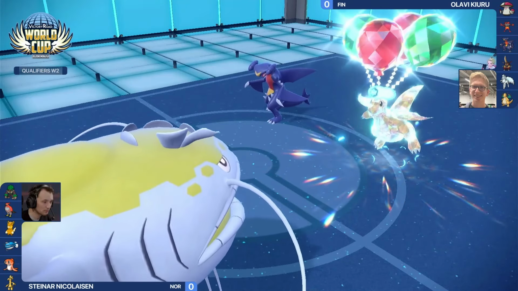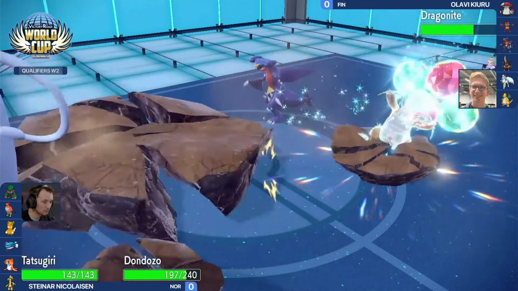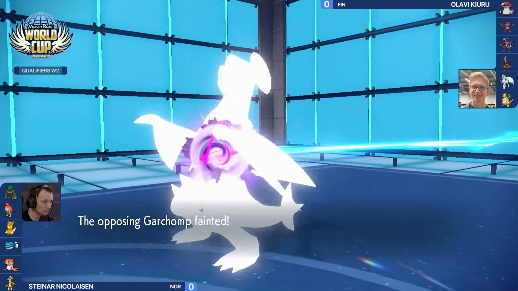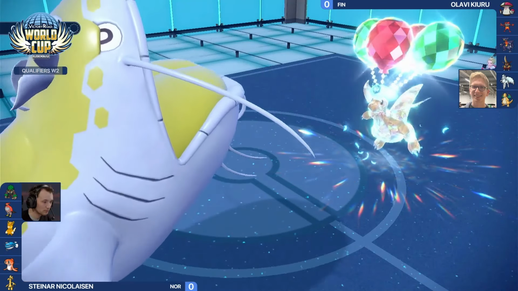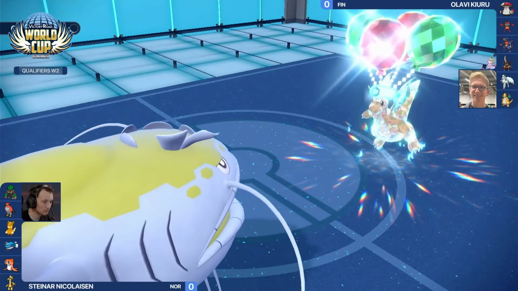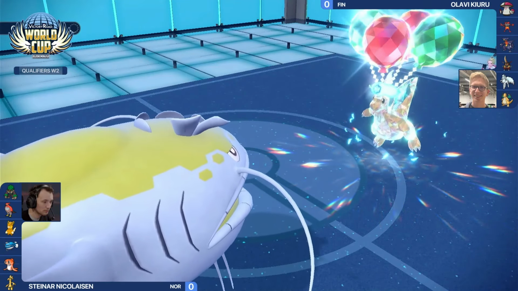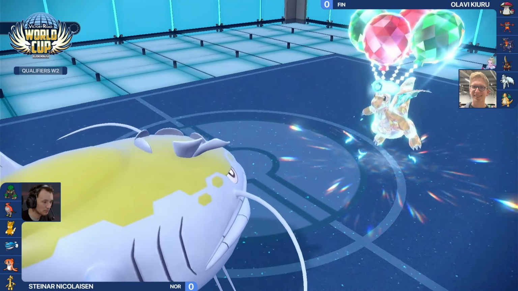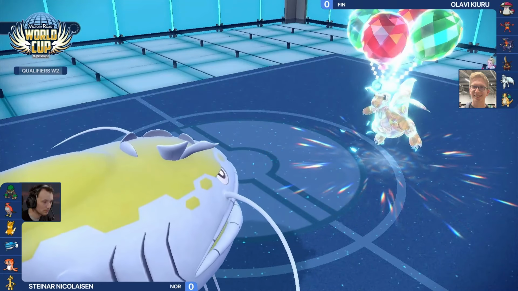Yeah, that was a very good read on the part of Steinar, throwing that Order Up onto the Garchomp. And at least he mitigates the damage, considering that the Dragonite did Protect that turn. And the Garchomp does fall to its own Life Orb. So we're basically at the end game now, Shona. And it's a matter of, does Olavi have enough offensive pressure to take down this Dondozo, which is boosted by its Commander boost. And it just got its Order Up in place,